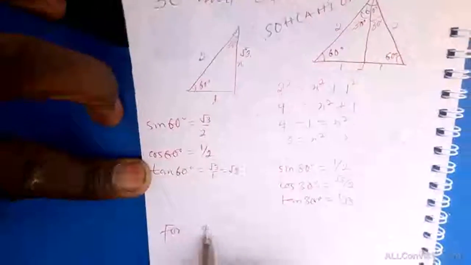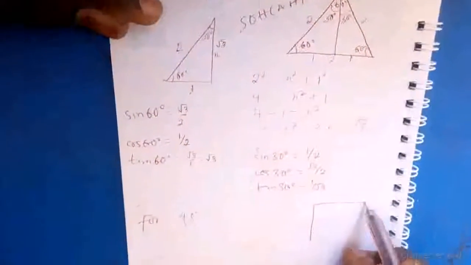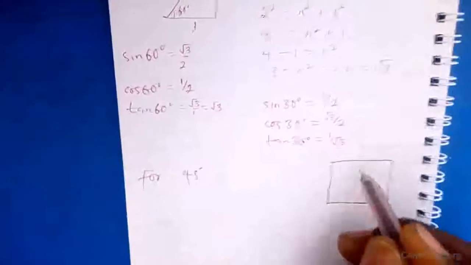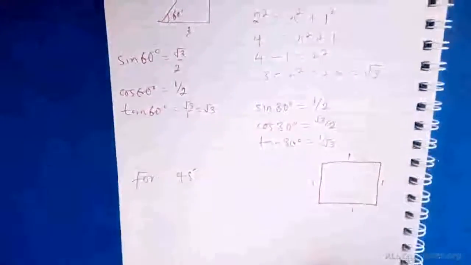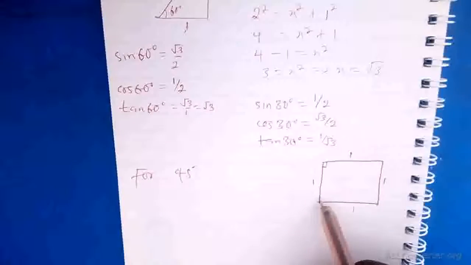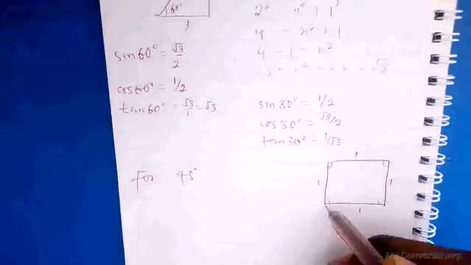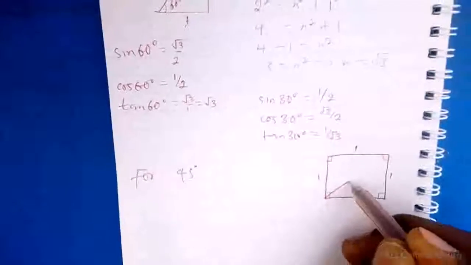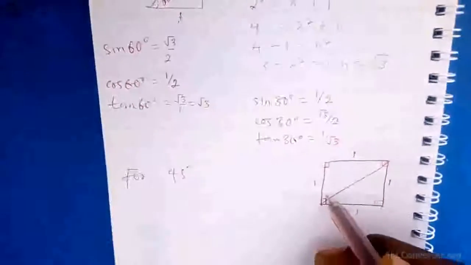For 45 degrees, we are going to use a square. As you know, a square is a figure where all the four sides are equal. Therefore, in this case, we take this side as 1, this side as 1, this side as 1, this side as 1. But you know, each angle in a square equals 90 degrees. Therefore, this one is a right angle, this one a right angle, this one is also a right angle. If you draw a diagonal like this one, you will cut this angle into two equal parts. Therefore, this angle will become